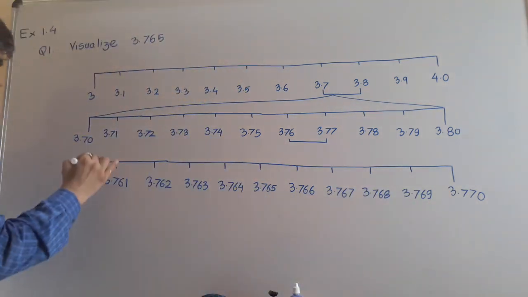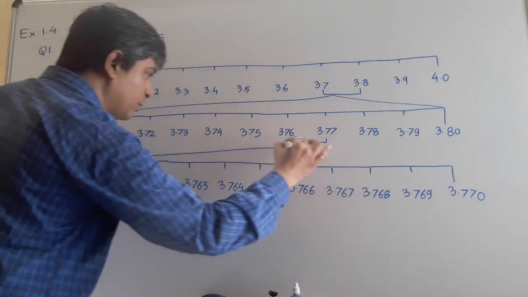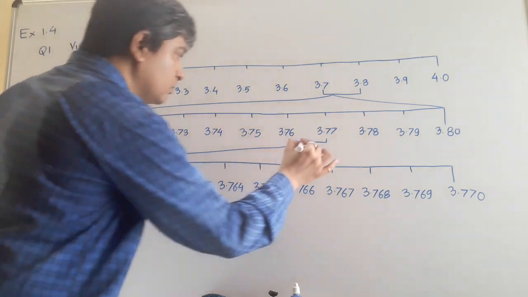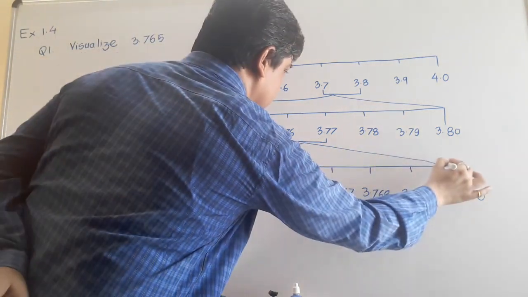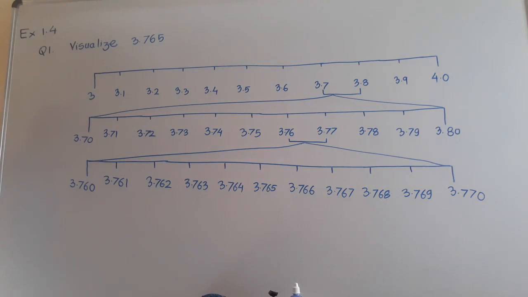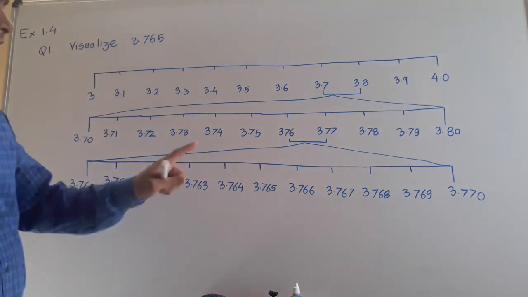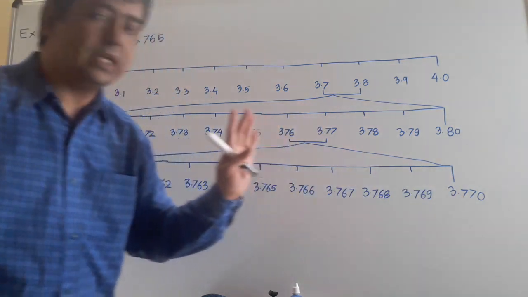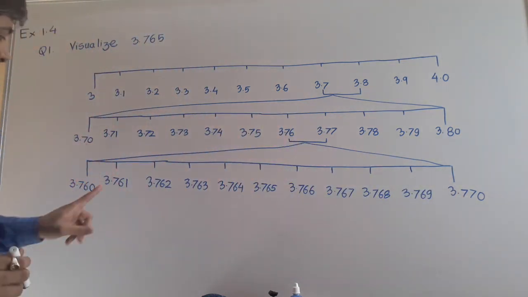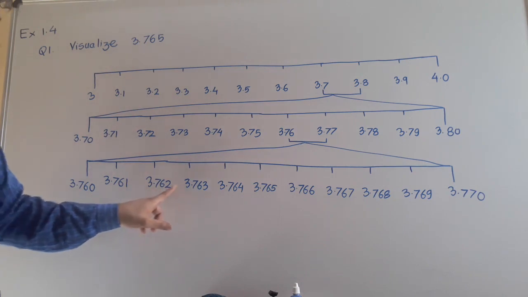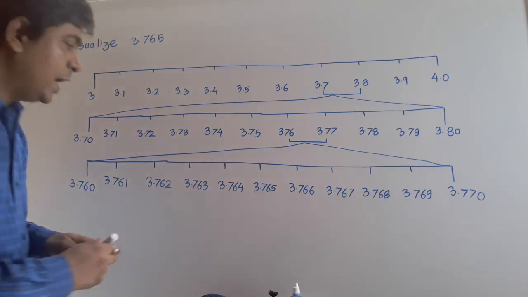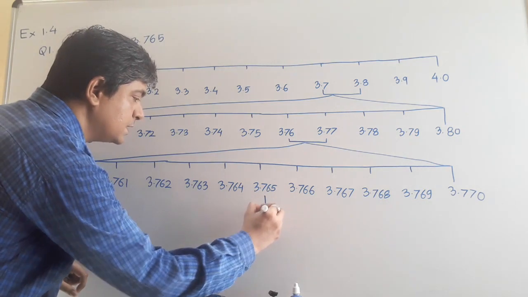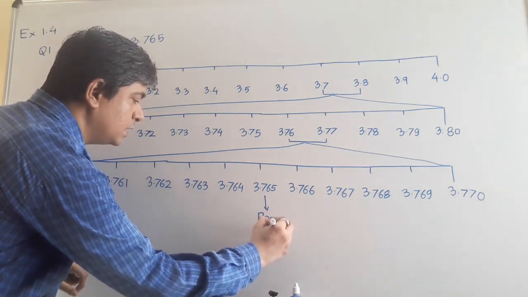Okay, the numbers I have magnified here you can show with the help of these arrows, right? 3.76 and 3.77 I have magnified here. Now observe, my number is here, 3.765. See, 3.76 and 3.77 I have already taken. I need to go only till 5. So count from here: 761, 762, 763, 764, and we have shown exactly this is my required number in the list,